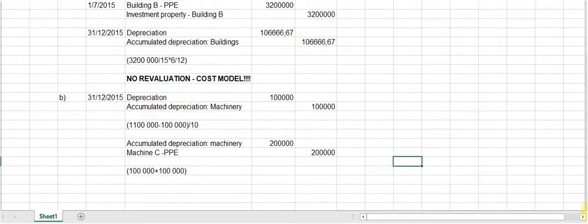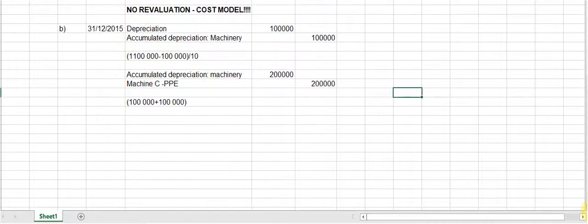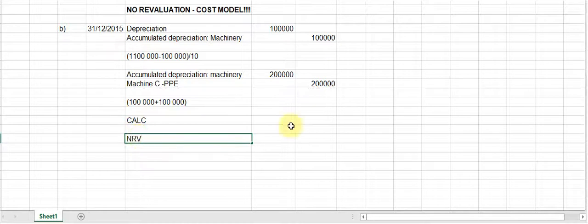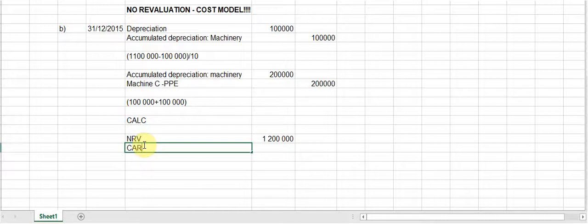Right, the next step is we need to measure the revaluation surplus or the revaluation deficit. So how do we do that? We need to compare the carry value of the asset to the net replacement value. So this is just then a calc. We are told that the net replacement value of the asset on the 31st of December in note number 4 is 1.2 million. We need to calculate our current carry value,